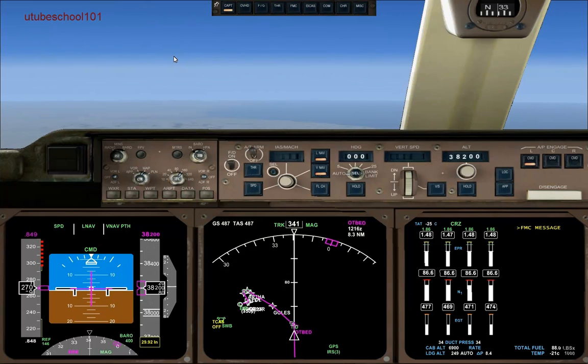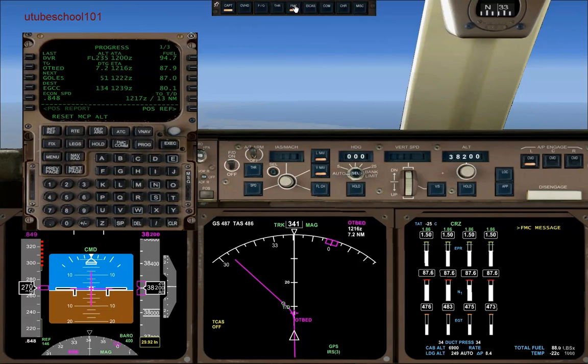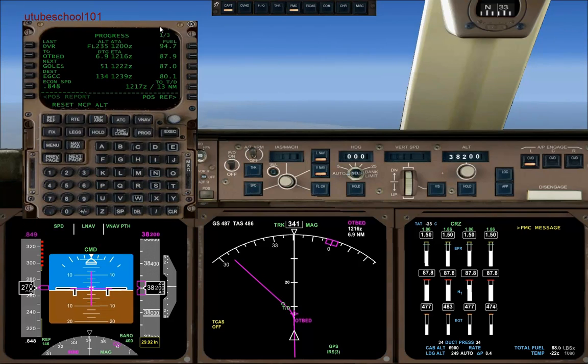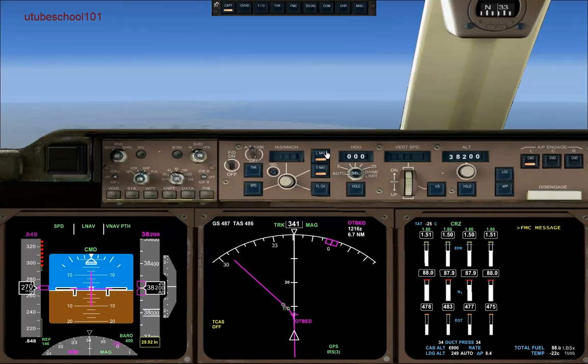Okay, so we're nearly approaching the top of descent. You can see the top of descent is just here, and because we've nearly approached it, we get a message by the FMC to reset the MCP altitude. Now, the MCP is this section here. And essentially what this is saying is